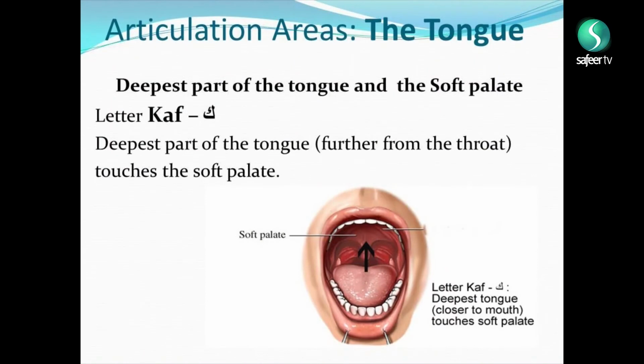And then what about letter kaf? How do we pronounce letter kaf? We use the root of our tongue, but now instead of using the soft palate, we use the hard palate. That is, the deepest part of the tongue to the hard palate. We have to pay attention, dear viewers, that for the letter kaf, we use the hard palate, not the soft palate. So pay attention to that one. How do you pronounce the kaf? We say ak, ak,